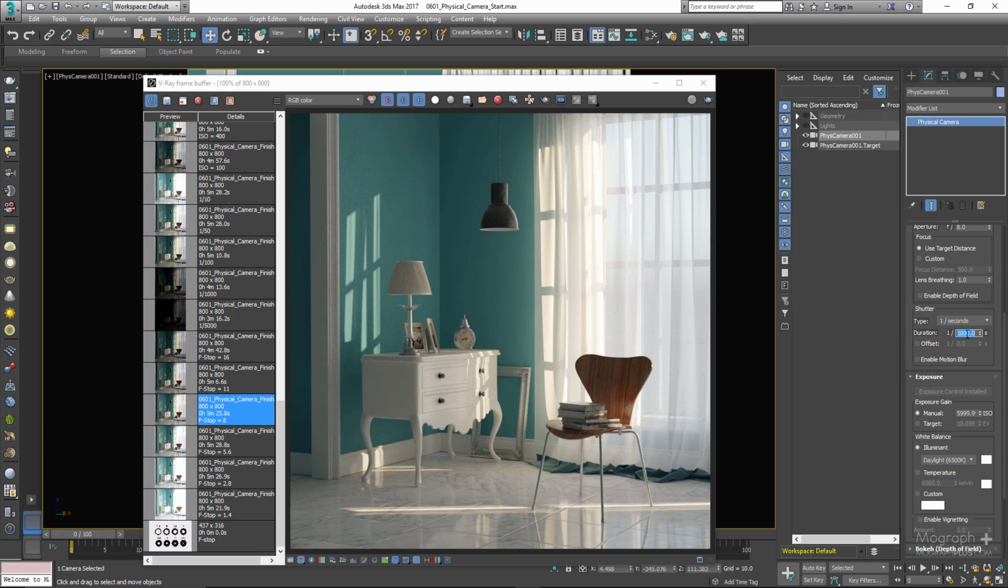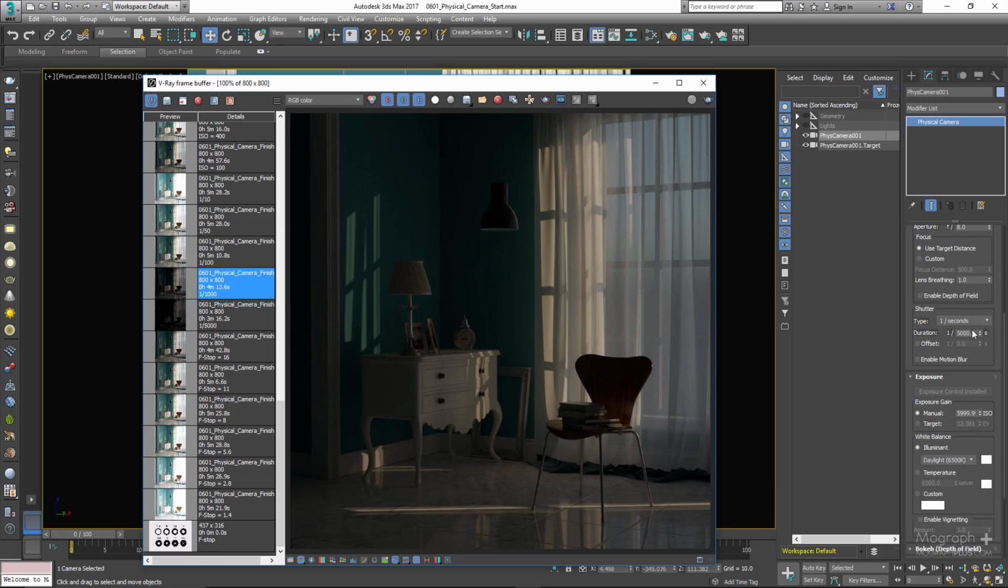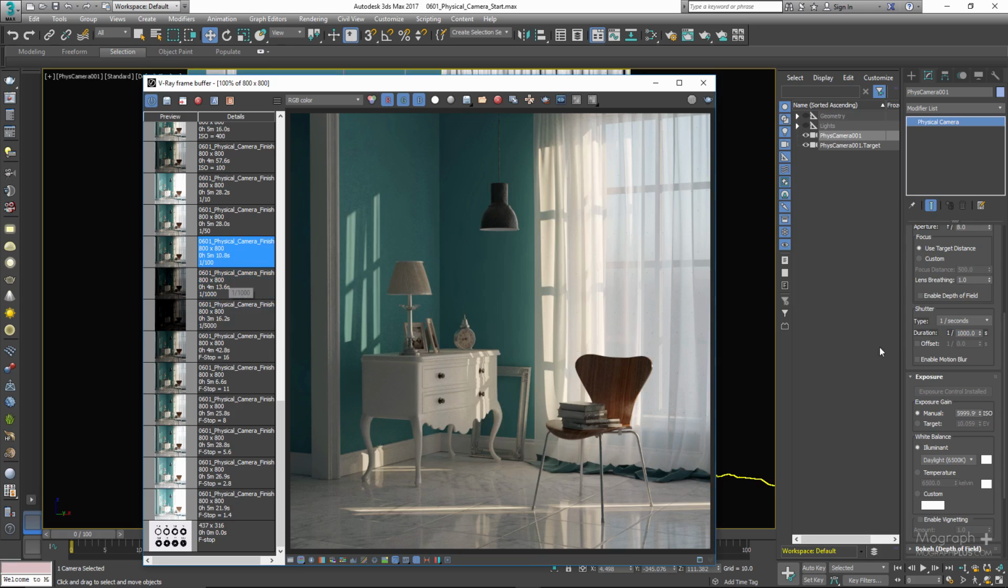Let's take a look at a few renders with different shutter speed durations. The first render was done with the shutter speed set to 5,000th of a second, and because the shutter is open for such a short time, the render is underexposed and very dark. In the next one, shutter speed was 1,000th of a second. The shutter was open longer, so the sensor was exposed more to light, and we get a brighter image compared to the first one. Then it was 100th of a second,